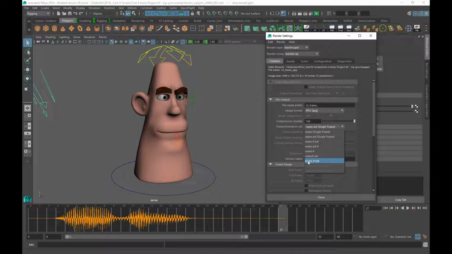Okay, and what I'm going to do is put it to name. In this case, because I've put an underscore at the end, I'm just going to go name number extension. If you put name underscore number, because you've already put an underscore in here, you'll have 2 underscores, which you don't need. So you can use one of either of those two. So I'm just going to do that. The reason we don't just put name is,